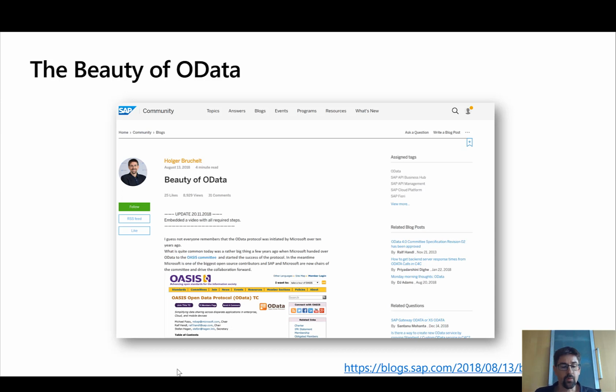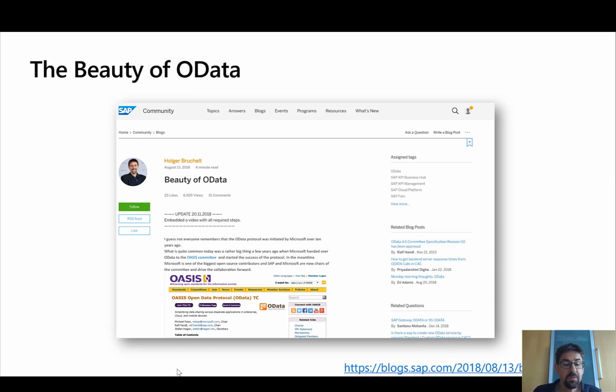Coming from a world where we used web services with complicated XML-based web service description languages and complicated bodies that you needed to post to your web service, even if you only wanted to read something from them, REST and OData were a huge simplification, I would say. So looking back at Duet, we didn't have all that. At that time, SAP and Microsoft really had to spend a lot of time just to bridge the gaps of these two worlds.